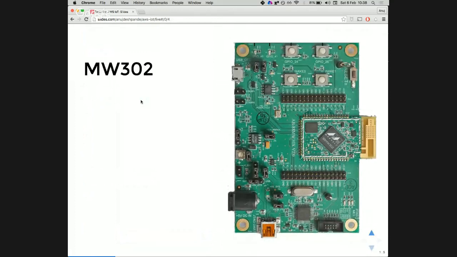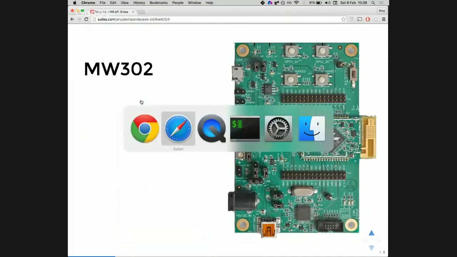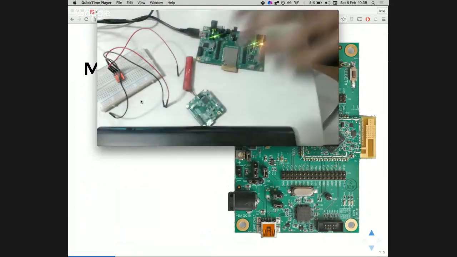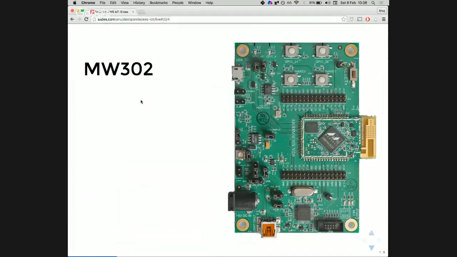Right, so this is Marvell's MW302. This is the board that we're talking about. It's an ARM Cortex M4, right? It's got DSP and floating point support. It's got a bunch of GPIOs, I2C, SPI, ADCs, DACs, all of that. But its key feature is its software, right? There are certain features which are very hard to find in other silicon chips. We are again going to take a look at a comparison between different Wi-Fi development boards later. But right now we'll just take a look at this.